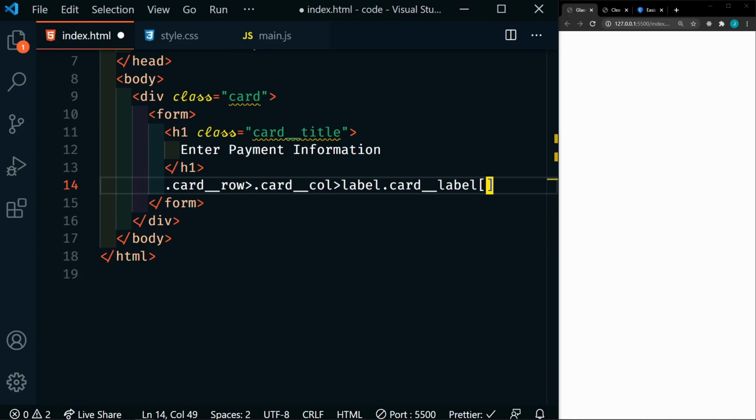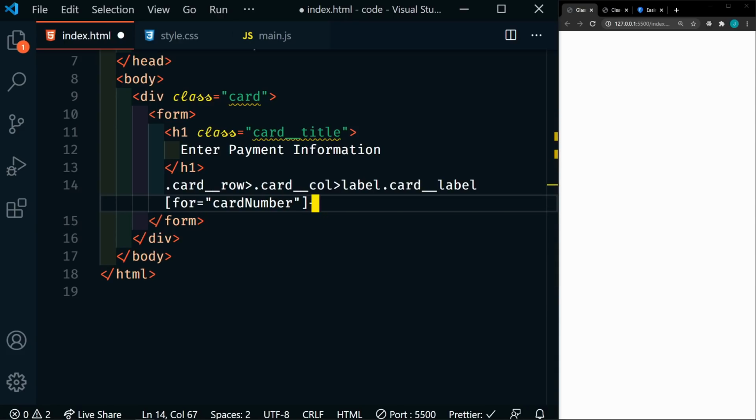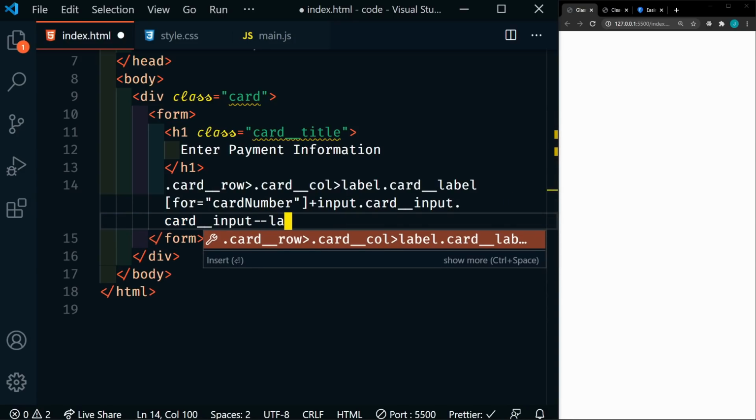And that is going to have a for attribute that is going to be equal to card number. And then after that, we're going to have an input with the class of card input and the class of card input large. This is going to be for the card number, so we want that to be the larger input. It's also going to have a class of card number,